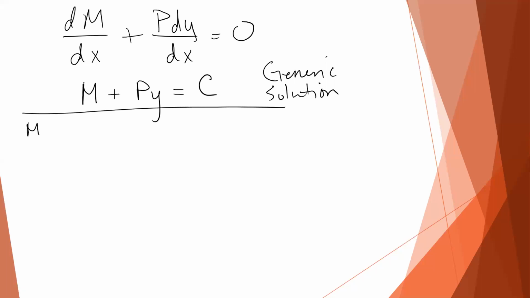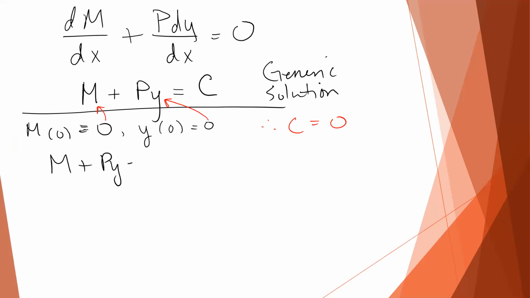So in particular, we know that the moment at 0 is equal to 0 because we have that pin. And we know that the deflection is equal to 0. So if I plug in 0 for my moment and 0 for y, what must C equal? 0. So therefore, C equals 0. And so we end up with the equation M plus Py equals 0. Now, we can relate our moment